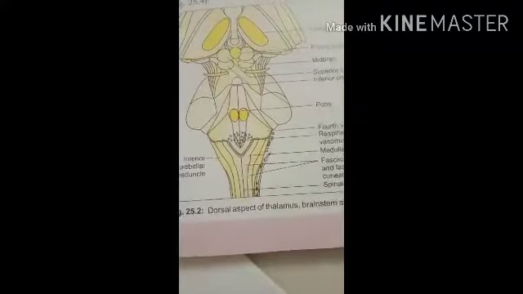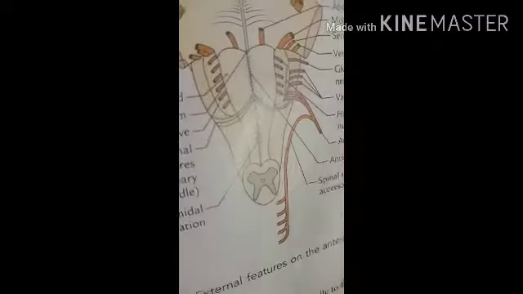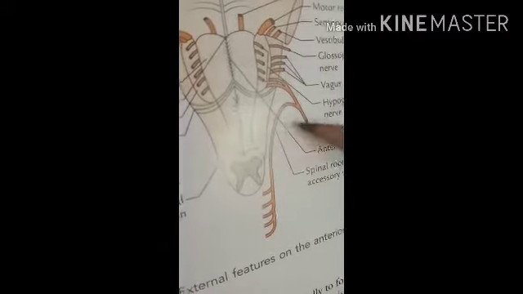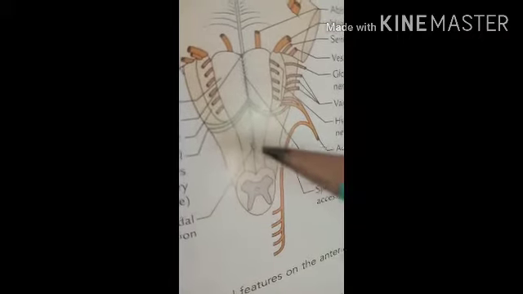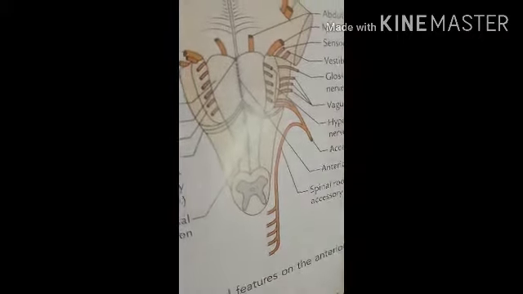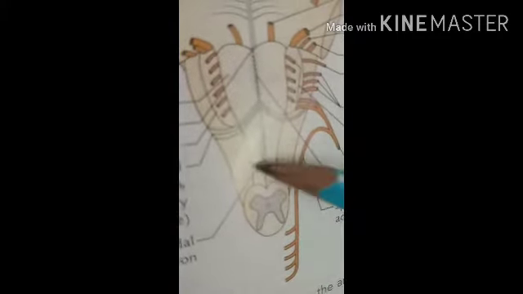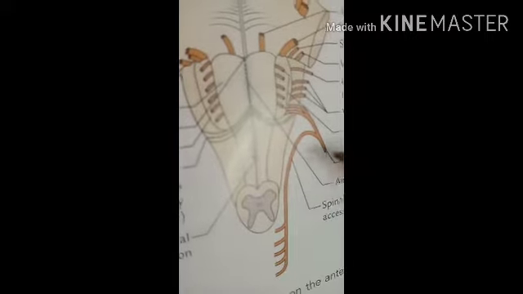Then after that we have to see the internal structure of the medulla oblongata. The internal structure of the medulla oblongata is well appreciated by examining the transverse section. Whenever you take transverse sections at the different regions of the medulla oblongata, you get a clear idea of the internal structure. The first transverse section should be taken at the decussation of the pyramids. Here you can see the pyramidal decussation is present.